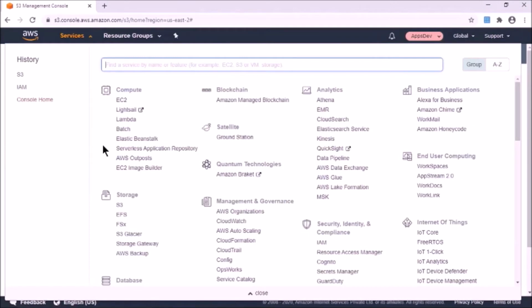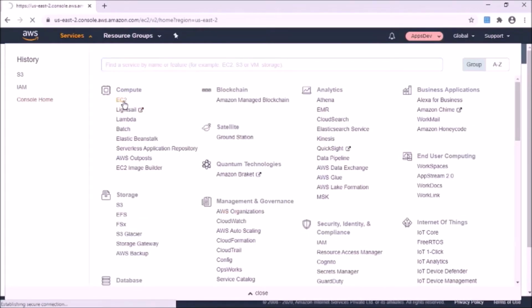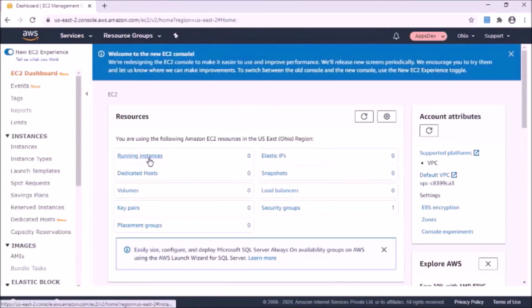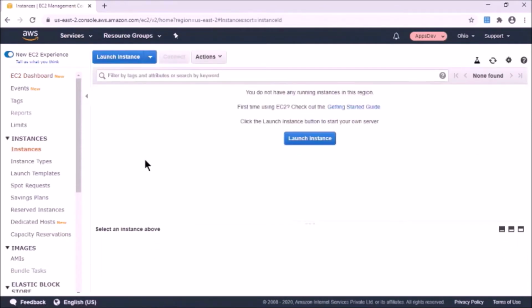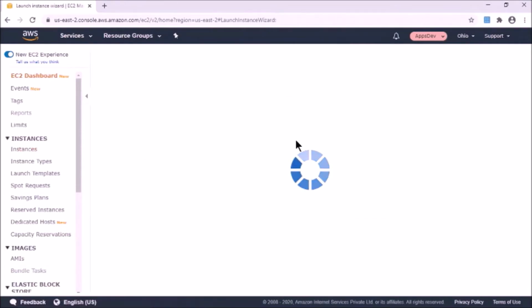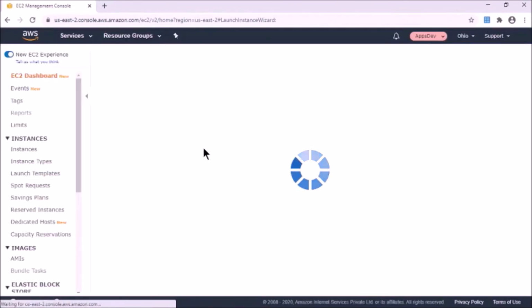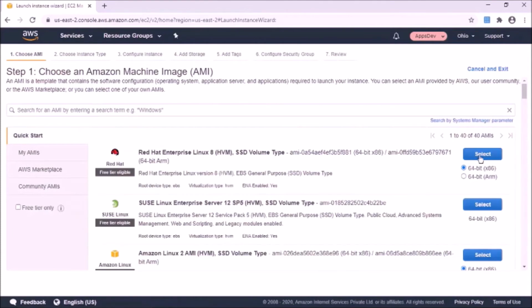Also, let's go and see if he has access to EC2 instance. Right, so he has access to launch instance as well. He is not getting any access denied error. This error is something different, right?